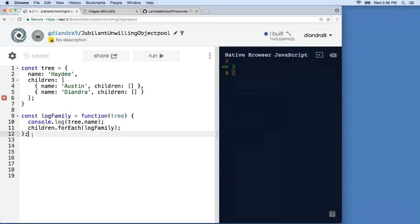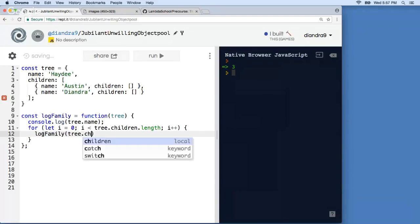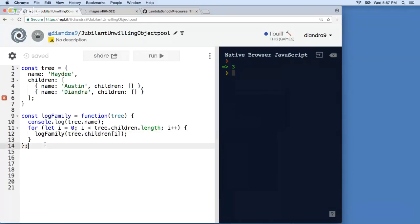So there's a lot of stuff going on here. I'm really synthesizing a lot of the things that you've just learned how to do. Essentially, I'm iterating through each child, and for each child, I'm going to actually recurse. And you know what, let me do this in a for loop just to make it a little clearer. i equals 0, i less than tree.children.length, i plus plus. And then in each case, I want to do log family on tree.children at i. I know I'm writing this kind of fast. I'll explain some stuff in a minute. So if I then run log family on this tree I have up here,